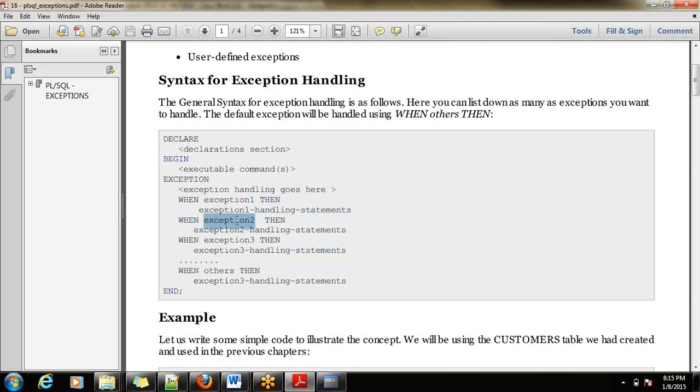When another exception occurs, then what to do? When exception 3 occurs, do this thing. When nothing matches with the exceptions you are placing, when the exception does not match any of the above, then it goes to others. Others, do this. That is handling.